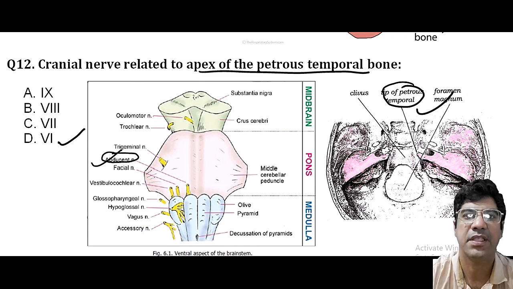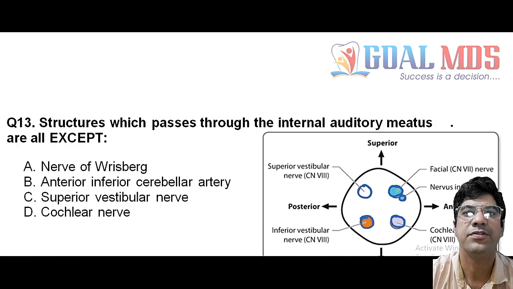Next question, the structures that will pass through the internal auditory meatus, they are all except